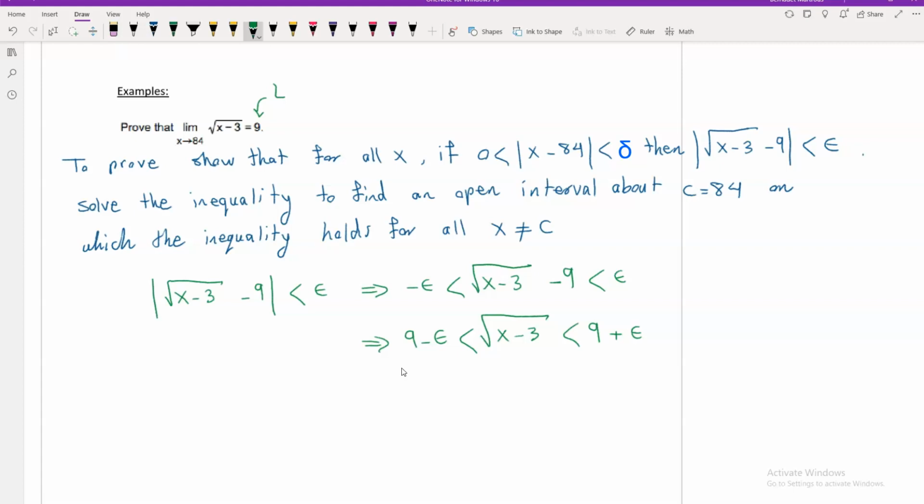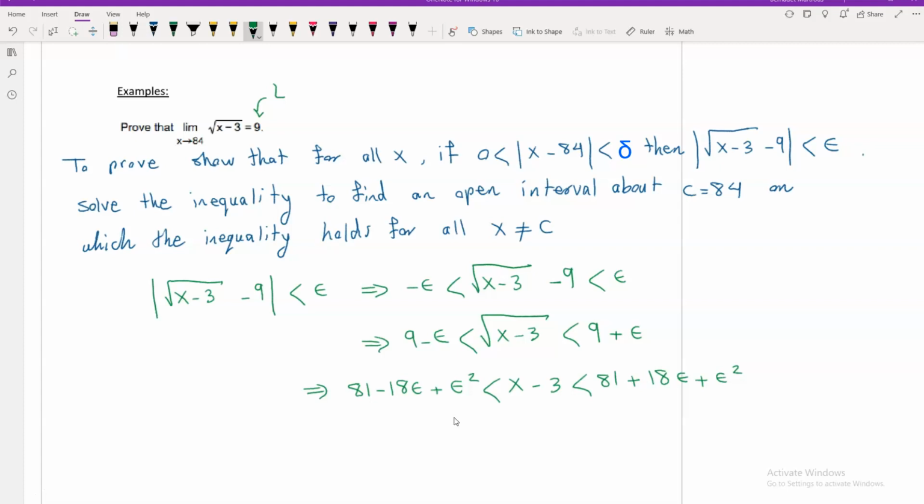And here we have square root, so we have to eliminate it by using the second power for all of these. So what we have, x minus 3 is between 81 minus 18 epsilon plus epsilon squared, and 81 plus 18